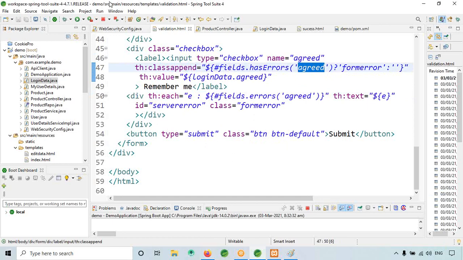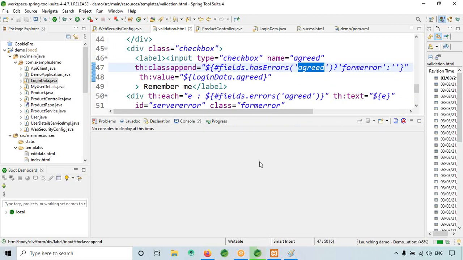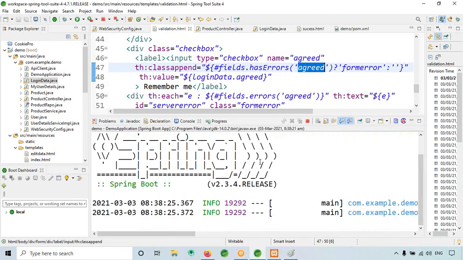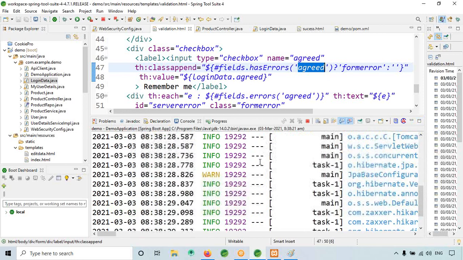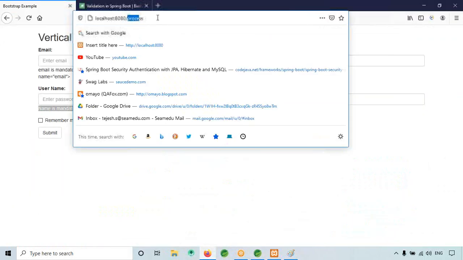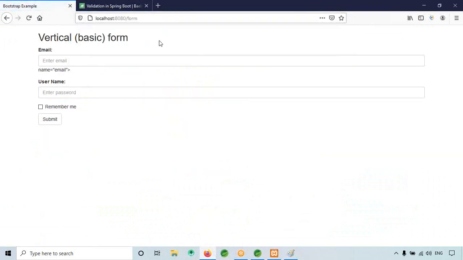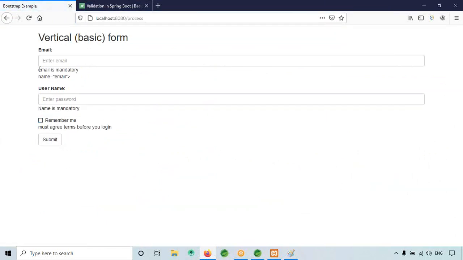Okay, so now there is no error here. Click on form, click enter. Okay, so now when I click this submit here, see here, email is mandatory, name is mandatory, must agree terms before you log in.